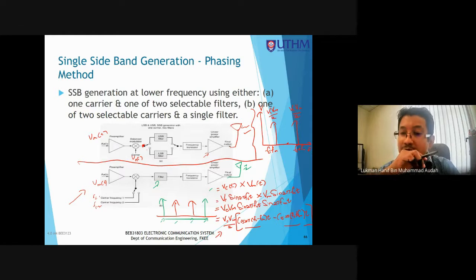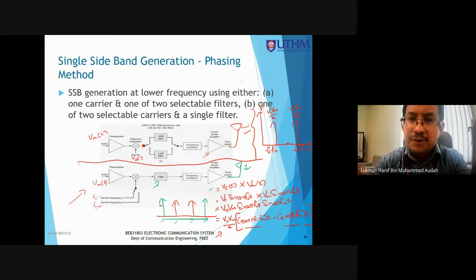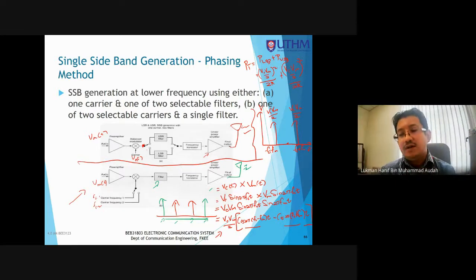So kalau kita nak kira power macam mana pula? Maknanya power is equal to PLSB plus PUSB. So this is equal to VC VM per 2 kuasa 2 dibahagikan dengan 2R, tambahkan dengan VC VM per 2 kuasa 2 bahagikan dengan 2R. Macam biasalah power adalah V square over 2R untuk peak amplitude. Nampak, so sekarang ini kita lihat